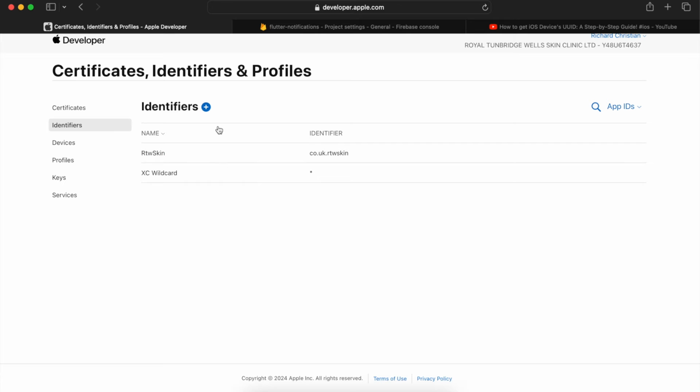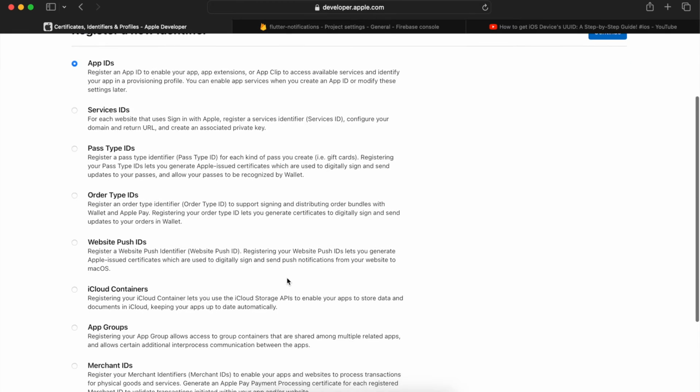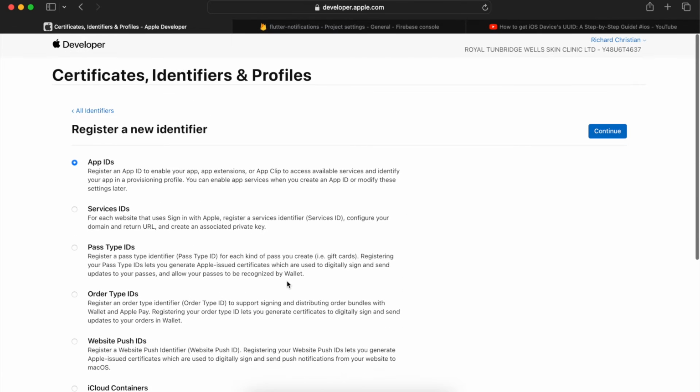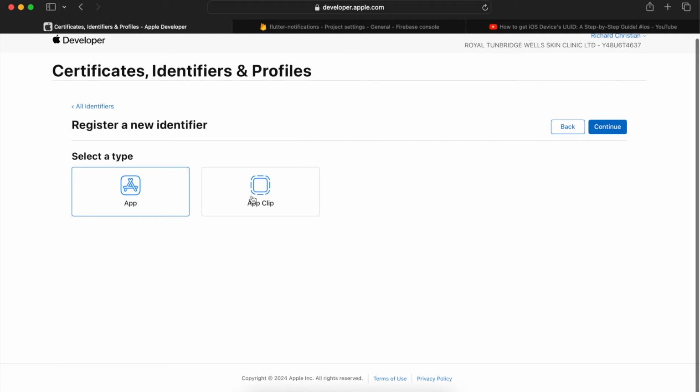So again, I'll click on this plus icon, and then here we have the different types for what identifier we are registering. For the time being, we are going to register an application because obviously we are developing an application, so it is App ID. Make sure that you have selected App ID, then click on continue, and here it will ask what the type is. So it is App, then continue,